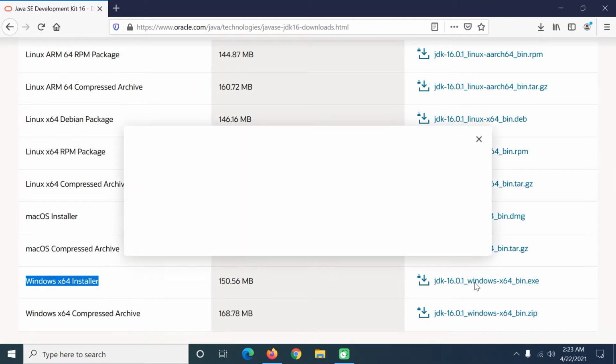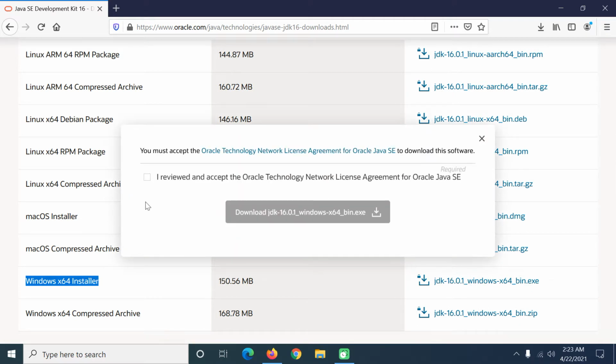Once I click it, it will pop up a dialog saying you must accept the Oracle Technology Network License Agreement for Oracle Java SE to download this software. Here is a checkbox that says I reviewed and accept the Oracle Technology Network License Agreement for Oracle Java SE. I check it and then click on download.